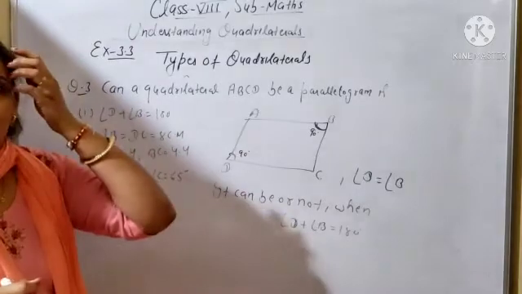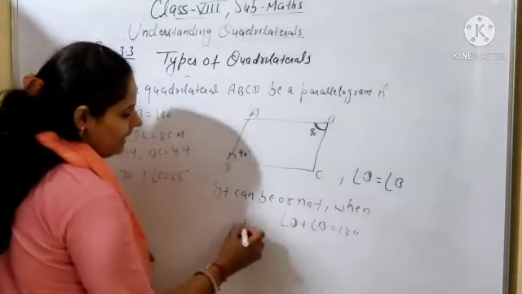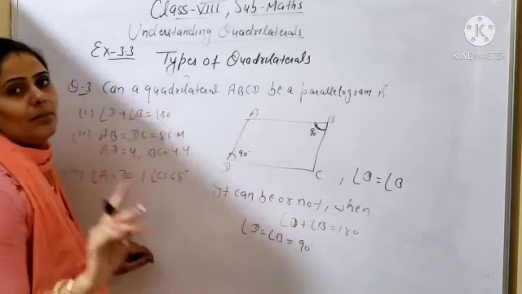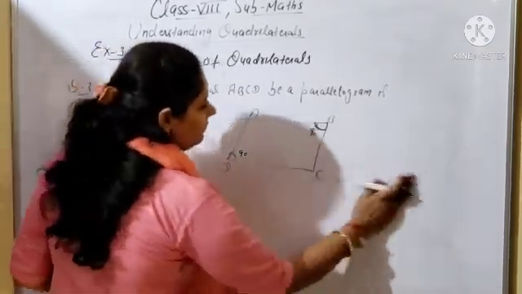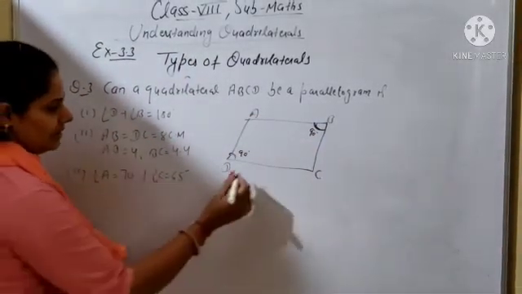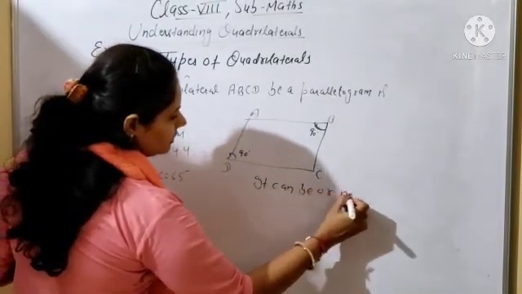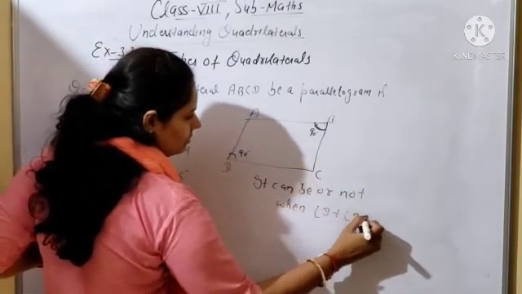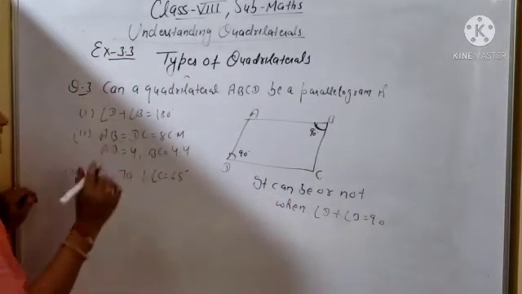Okay, so you can write it can be or not when angle D plus B is equal to 90 degrees, and it will be possible only when angle D is equal to angle B and equal to 90 degrees. So it can be possible only in a square and rectangle. Clear? After that, next part, second part, beta: AB is equal to DC is equal to 8 centimeters.